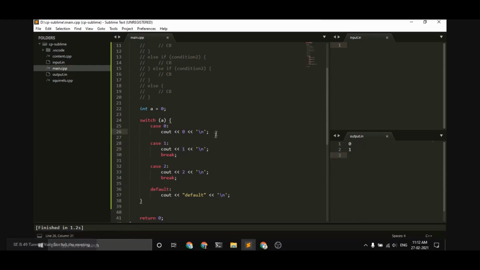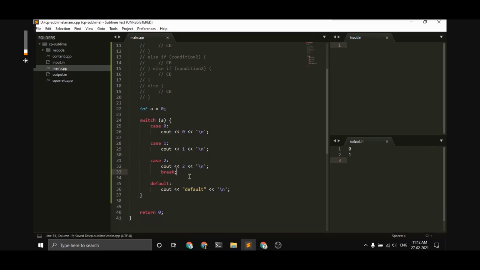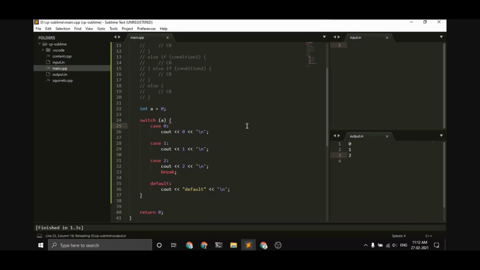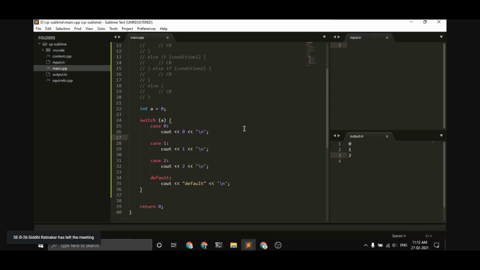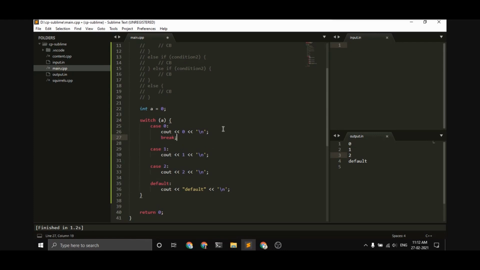Since we don't have a break statement, we didn't actually go out of this switch case, and the compiler started executing statements till it encountered the next break. So if we remove break from here as well, we should be seeing 0, 1, 2, and then we'll break out of the switch case from here. And of course, if we remove this one too, we'll get all of these printed. So you'll mostly never have to go through this. You almost always write break after each of the cases.